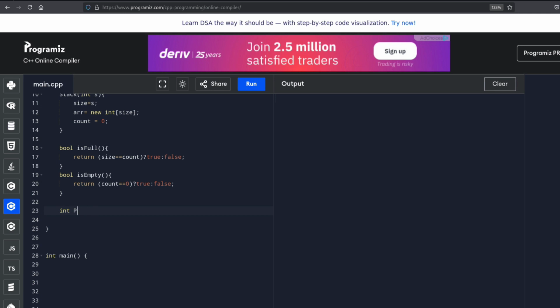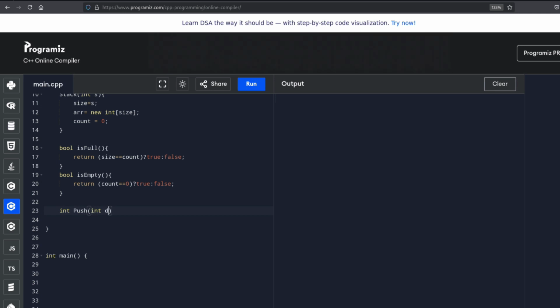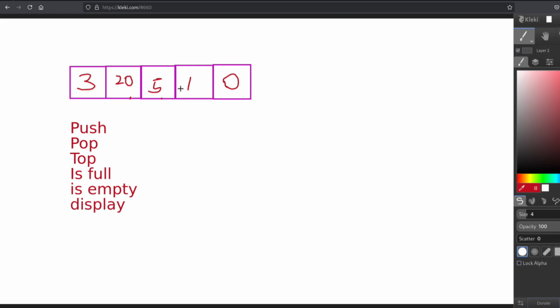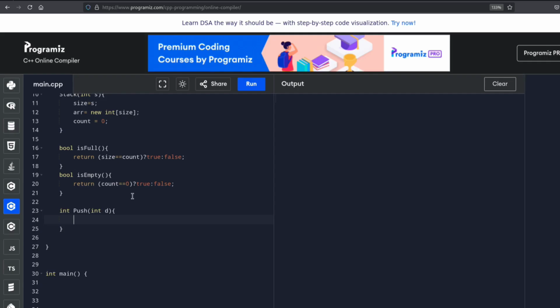Let me make this lower cap, or actually no, okay, make it caps. Push, and then I'm going to put in the data that I want to push into this. Now before you push something inside of this stack of yours, you have some edge cases. Okay, one thing you want to check out is if your stack is full. Okay, you want to check, because if it is full, then you cannot push any more stuff inside of it. Now if the stack is full, okay, the thing you want to do is the following. Actually no, you want to check first